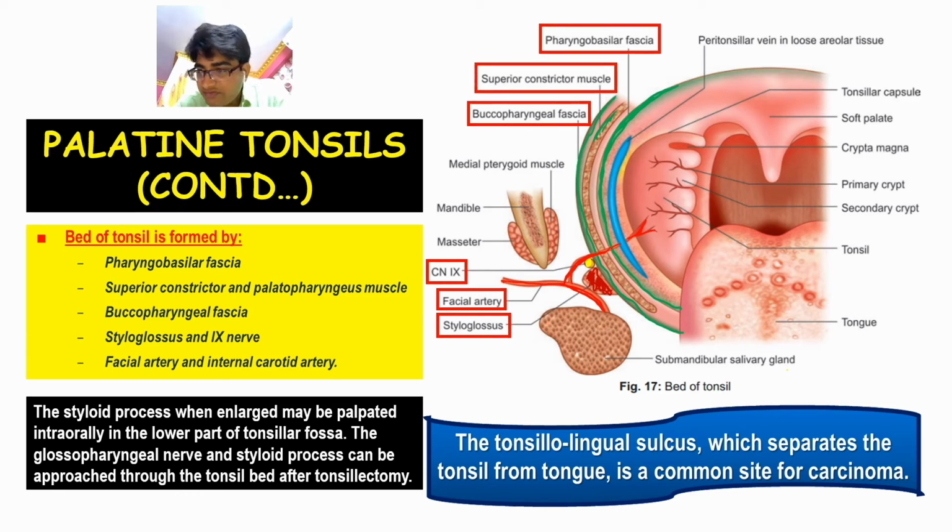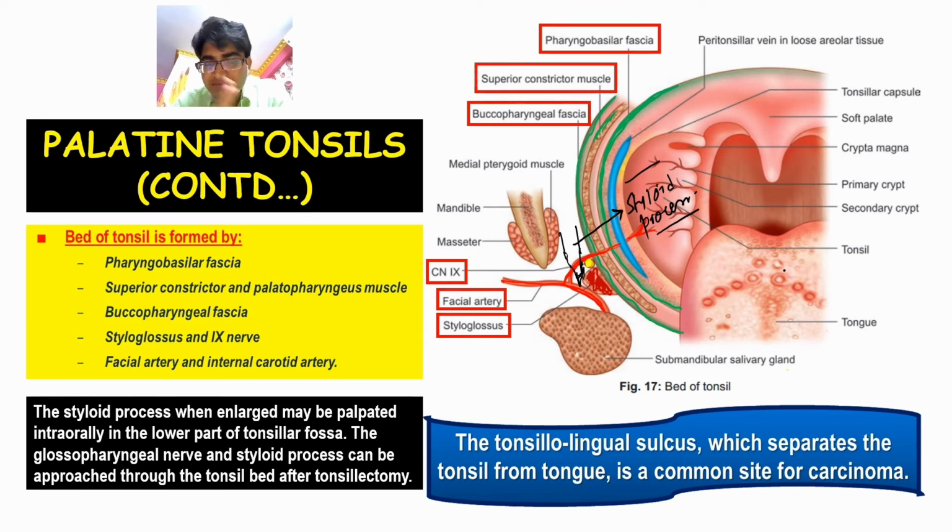This is very much important, that the styloid process is actually at this point is here, correct, but it is mostly not palpable intraorally, only if the styloid process is enlarged and patient comes to us with the features of stylalgia, that is the glossopharyngeal neuralgia being caused due to the